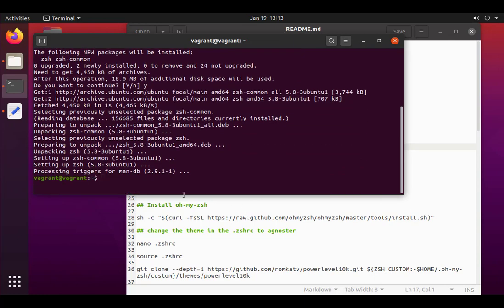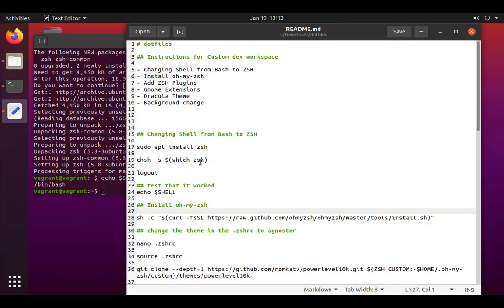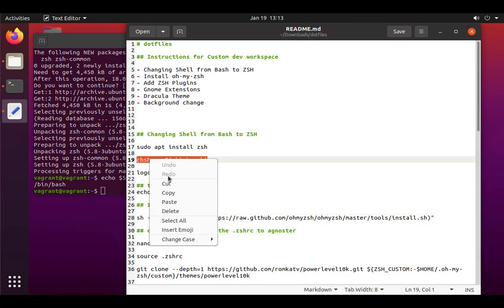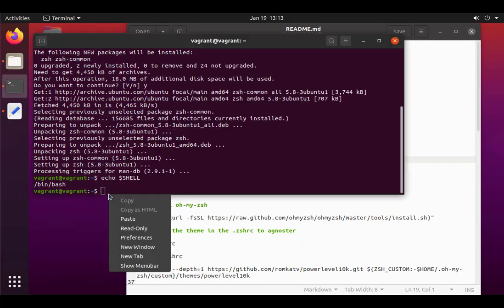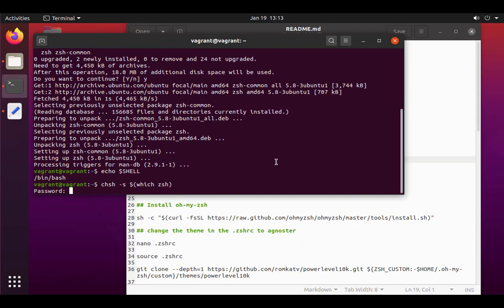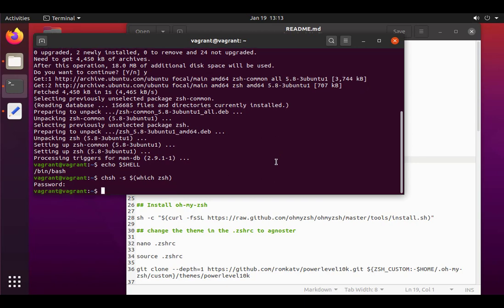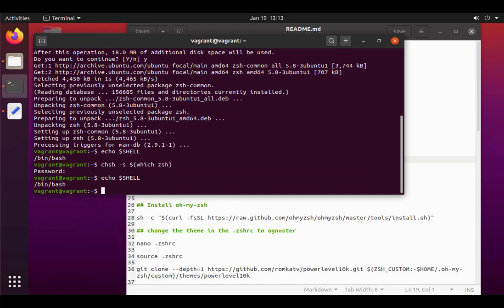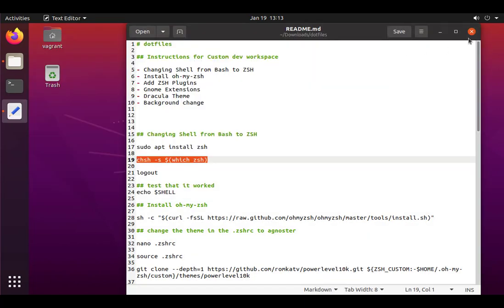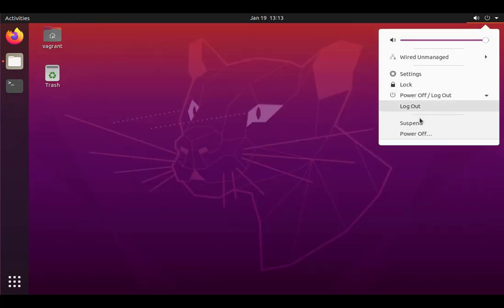Okay, and at this point we are still very much using bash. If we come out of here, our default shell is always going to be bash until we change our system to say we want to use ZSH. So we can do that by using this command here, change shell, supply our password, see that it's still there. But now if we log out,